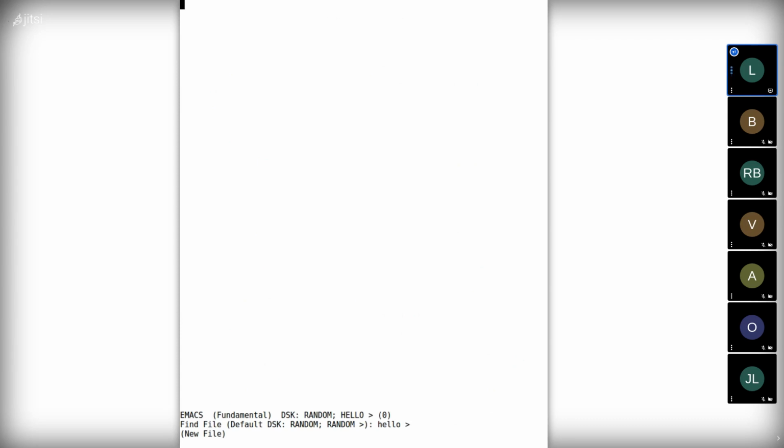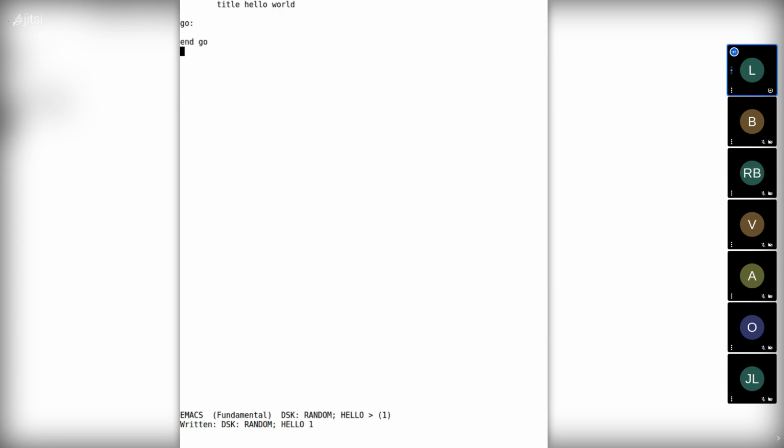So I'm going to start making a very small assembly language program. Programs usually have titles. So we say hello world. We usually have a starting address. Let's call it go. And we must have an end statement, and we can say add the start address there. This is a very small skeleton program. I save it. We can see we have hello 1, the first version of the program.